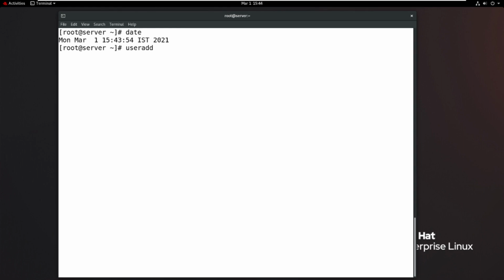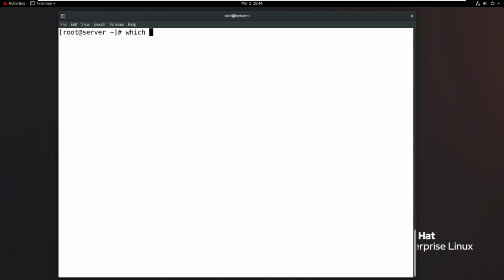Basically I told you about the usr directory, bin directory, sbin directory, opt directory, home directory, and different directories. But how to find the location of a command? which. So which is the command to find the location of a command.